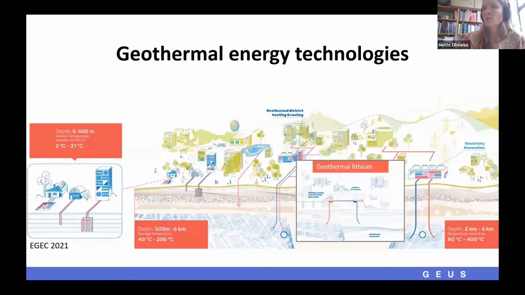So I'm gonna move straight to an overview of geothermal energy technologies that are currently being used, and this overview is made by the European Geothermal Energy Council. And showing then here, can you see my mouse? Yes, perfect. So yeah, showing here then there are some very shallow technologies for single buildings, and